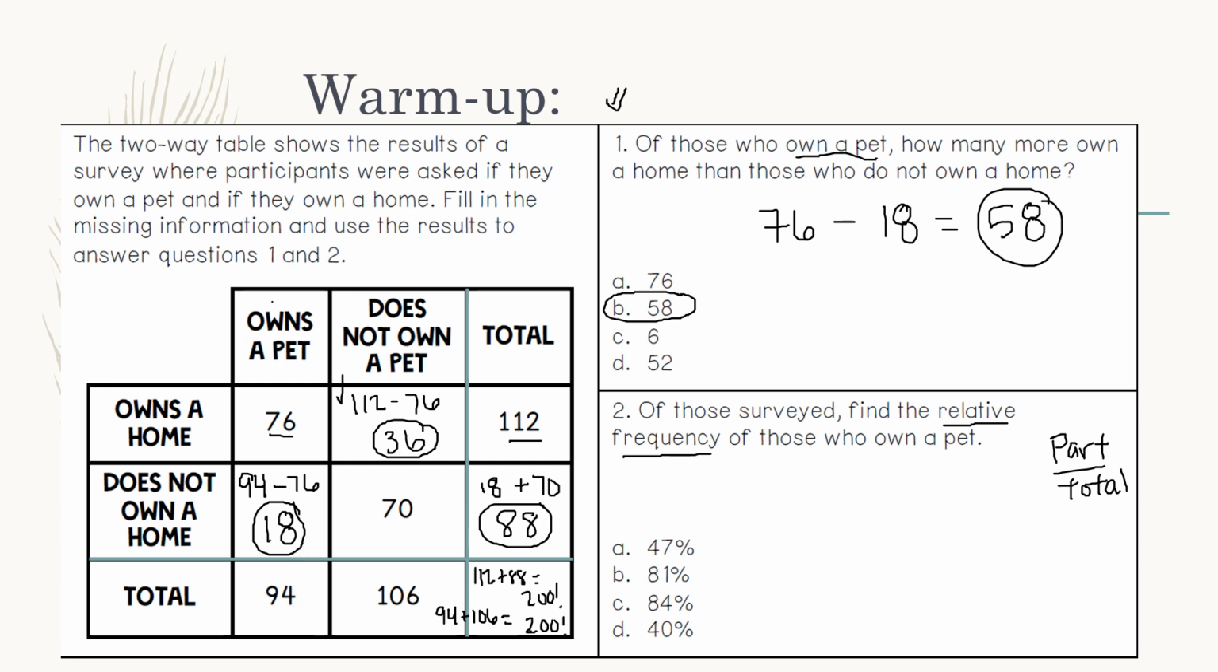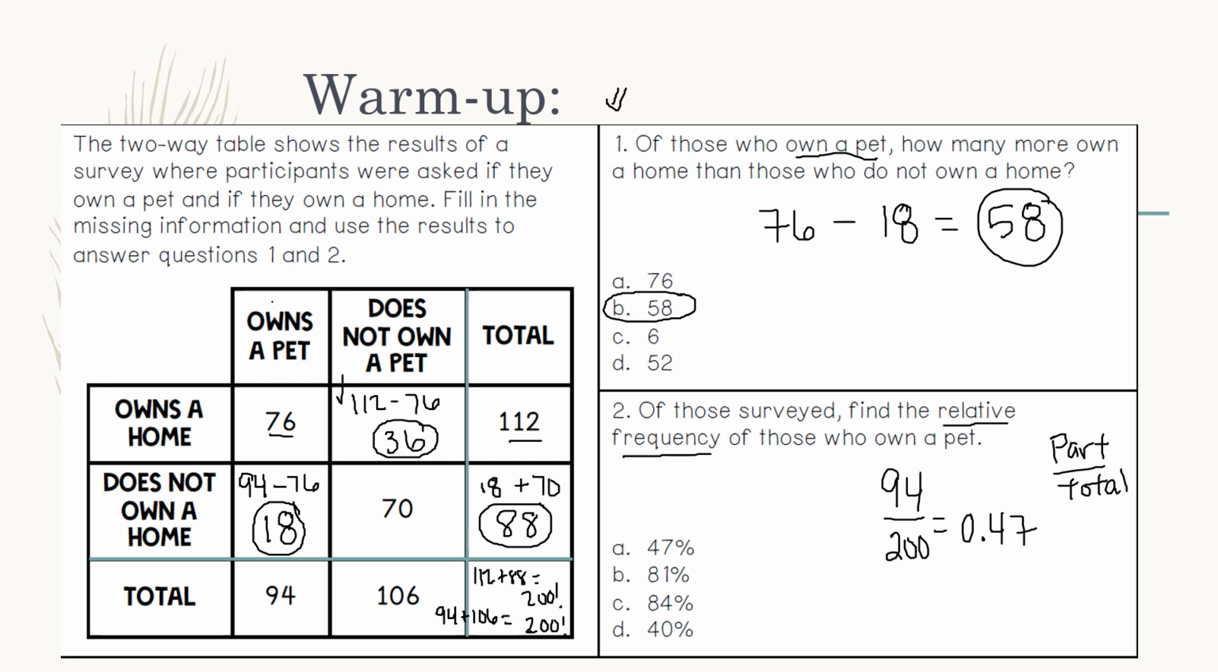That would be our part, so it goes on top of our fraction. Under that, we put our total. For that, we want the total number surveyed. The total number surveyed is 200. So 94 people who own a pet, over 200 total surveyed. First thing we need to do is turn this into a decimal. So I'm going to read this as division in disguise. 94 divided by 200. We'll end up with a decimal because we're taking a smaller number and dividing it by a bigger number. 94 divided by 200 gives us